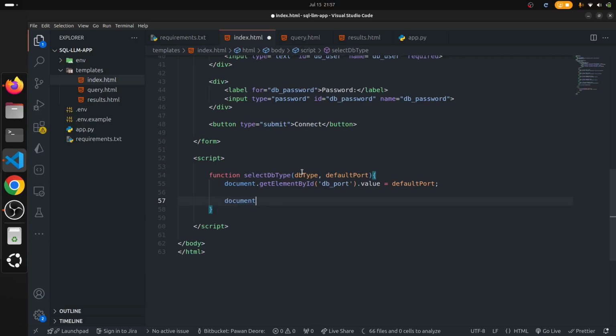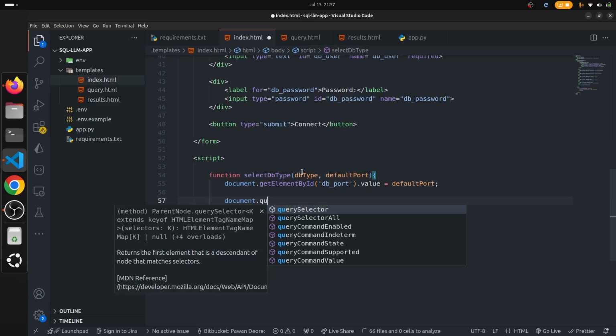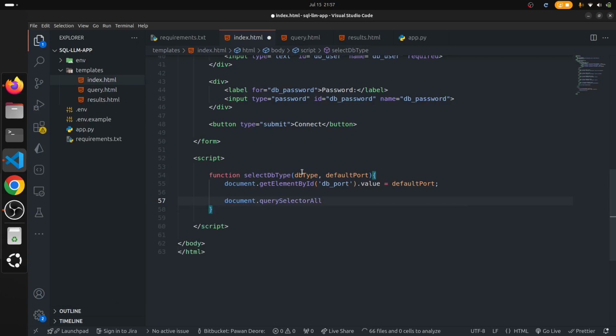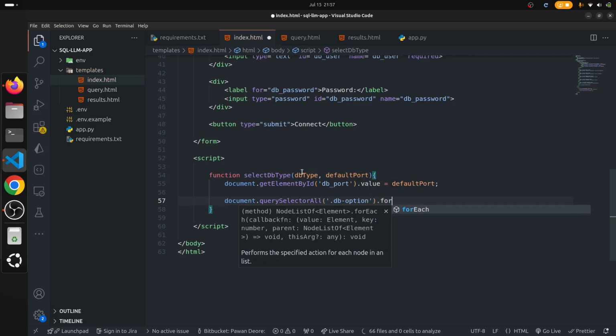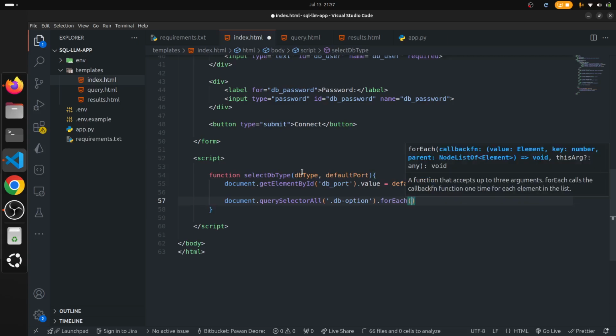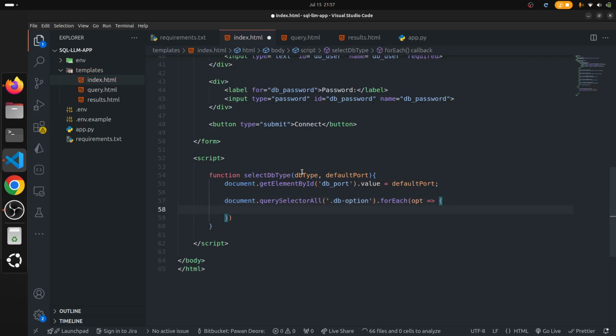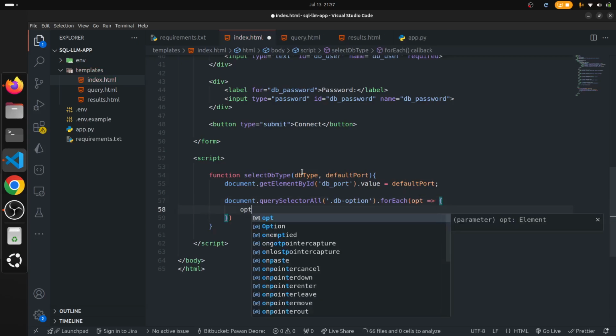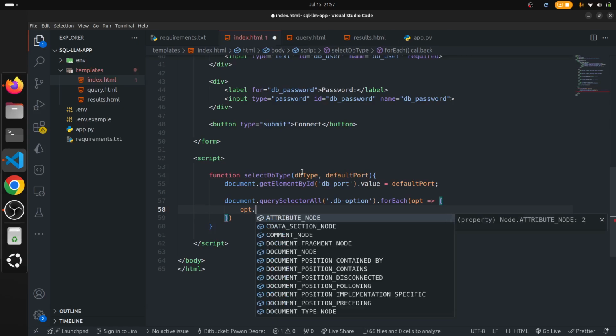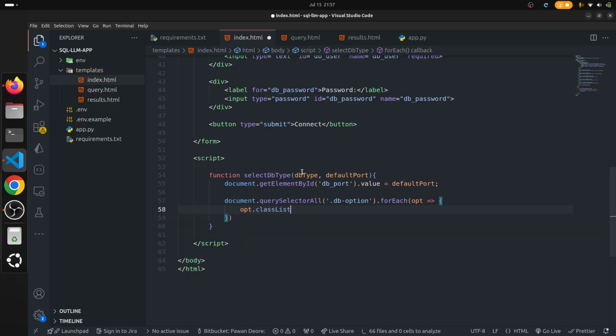So document dot query selector all db option dot for each option will loop through, and opt dot class list dot remove selected,